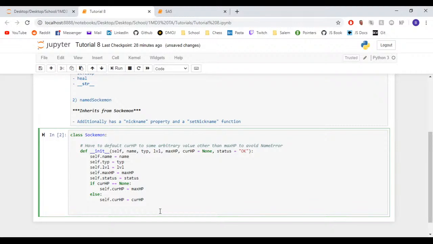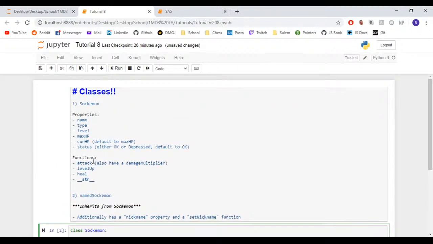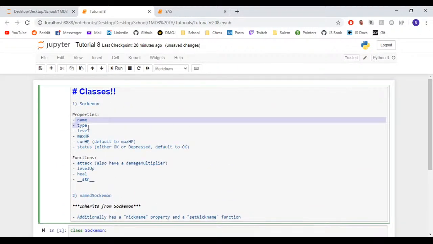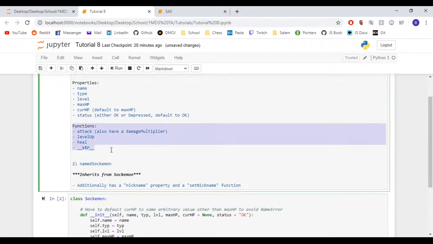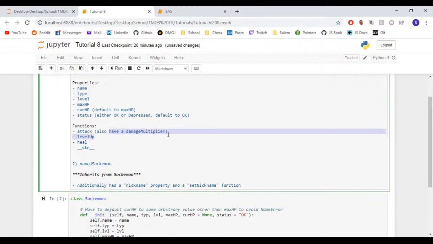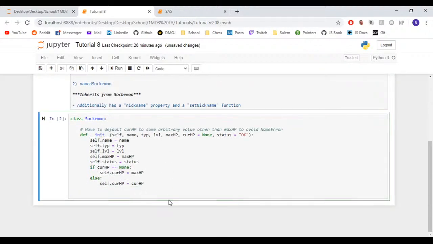All right, and so let's go back to the top. We just finished assigning all these properties in our init function. Now we can take a look at the other functions we need to fulfill, which we have attack, which has a damage multiplier function, a level up function, a heal function, and a built-in Python string magic method function. So we can start with attack,